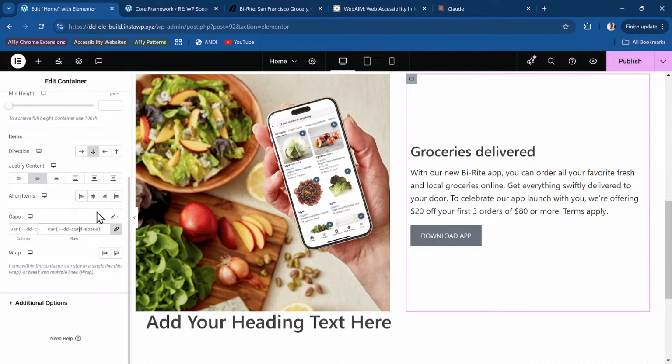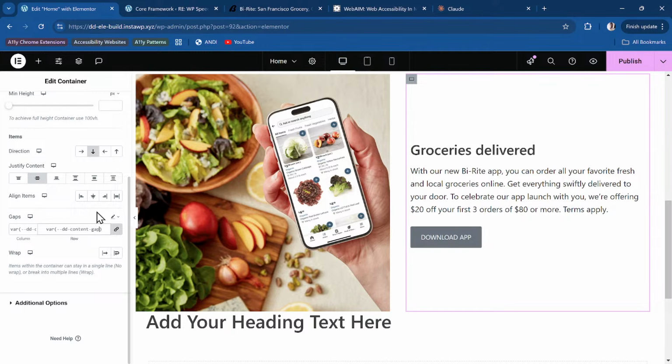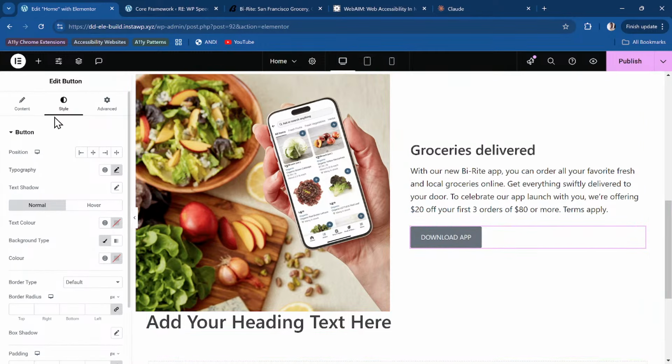But let me change it to something else. Let me use content gap, yeah, I think that should be okay. Just enough space between the content and the button. Then